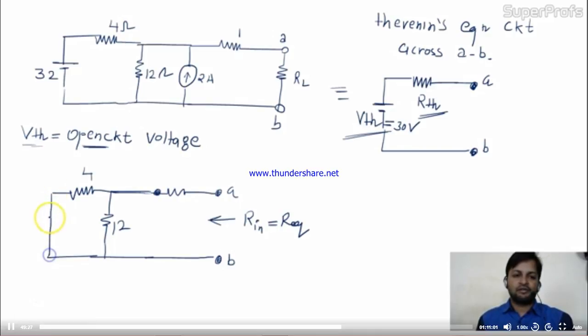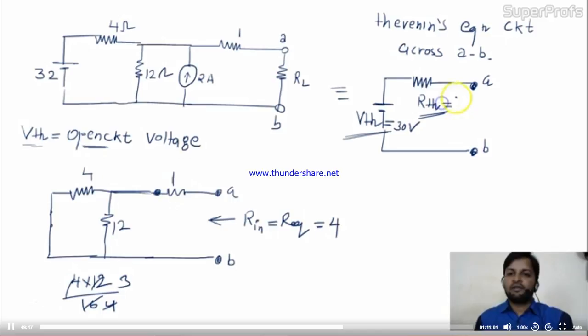This will be short circuited. This is the resultant, right? Now 4 and 12 are connected in parallel: 4 into 12 divided by 16, which gives 3. This 3 and this 1 are connected in series. So R equivalent is nothing but 4. So here the value is 4. Is it okay? So see, your resultant circuit is now